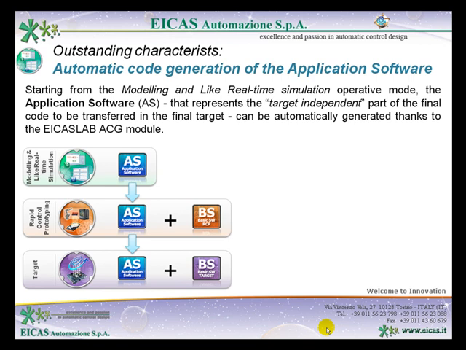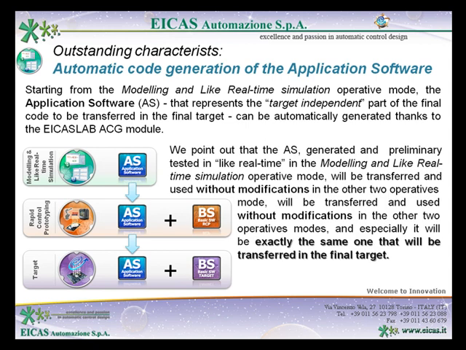Starting from the modeling and like real-time simulation operative mode, the application software that represents the target-independent part of the final code to be transferred in the final target can be automatically generated thanks to the EICASLAB LCG module. We point out that the application software, generated and preliminarily tested in like real-time in the modeling and like real-time simulation operative mode, will be exactly the same application software that will be transferred in the final target. In particular,